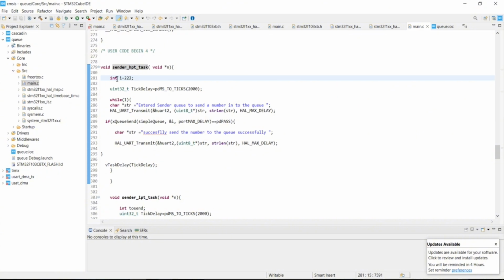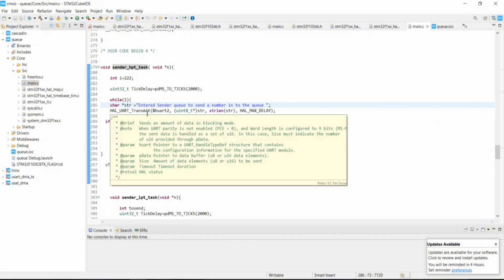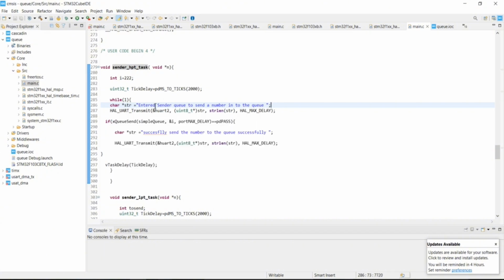So I have written an integer variable, and there is a delay. While 1, I will write the interrupt sender queue to send a number into the queue. The moment my program enters this function, it will transmit a message, which is inside the standard queue, to send a number into the queue using the UART transmission function. And as you can see, using the SQ send function,